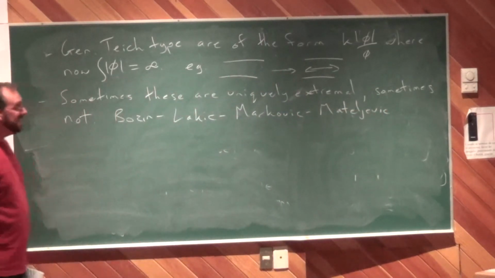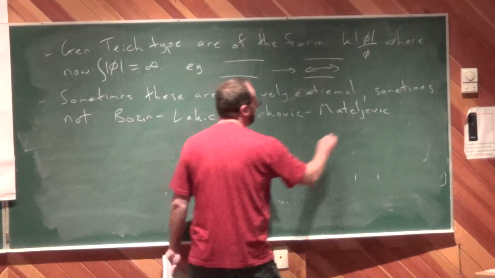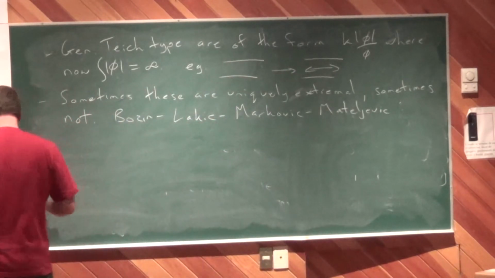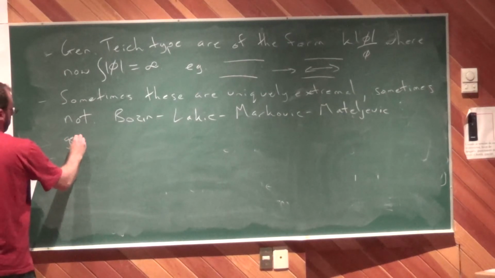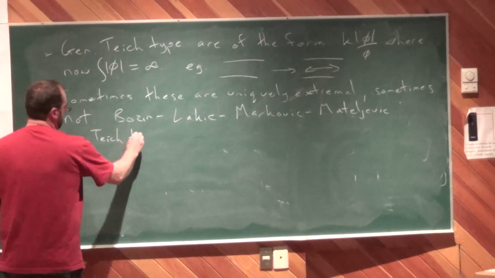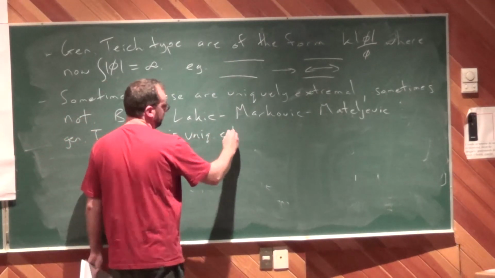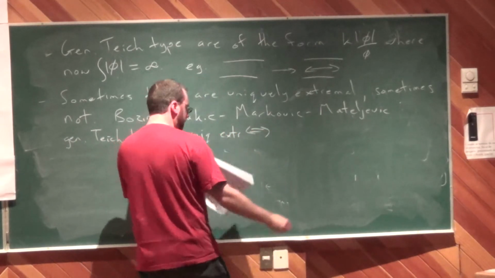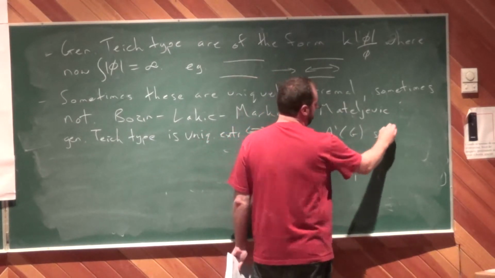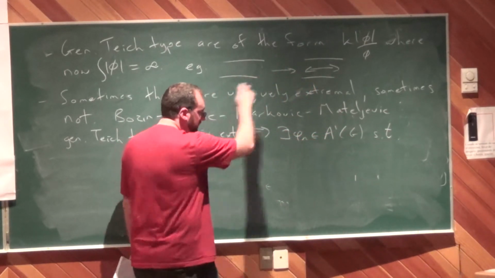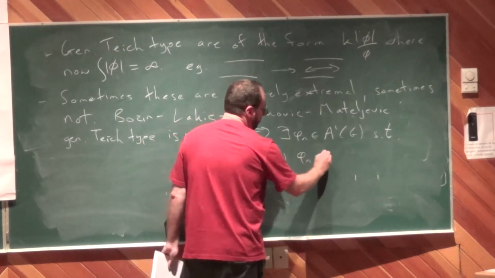Lakic, Markovic, and Matelijevic settled lots of questions to do with uniquely extremal mappings. One thing they did do is that a generalized Teichmüller type mapping is uniquely extremal if and only if you can find a sequence of holomorphic quadratic differentials which are integrable, so that phi n converges to phi